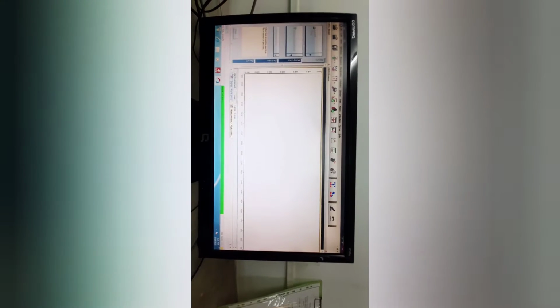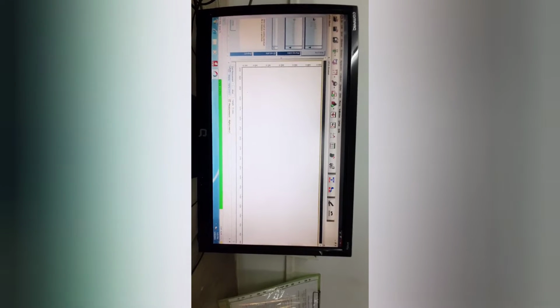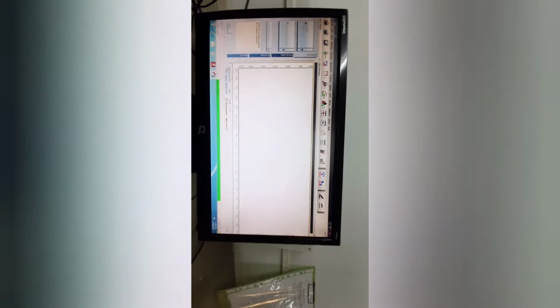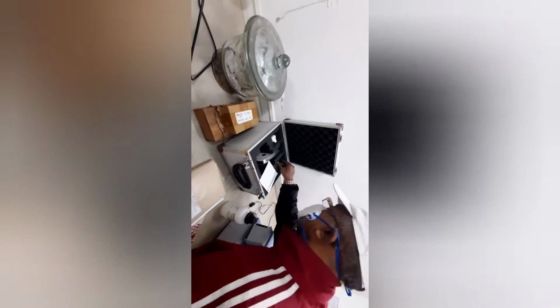And then for standardization, what is standardization? Before doing this, we have to take polystyrene as a standard agent. The plate with this polystyrene, where is polystyrene? This is it.